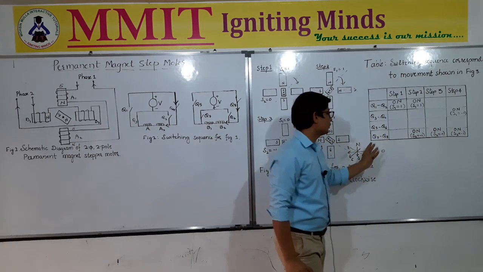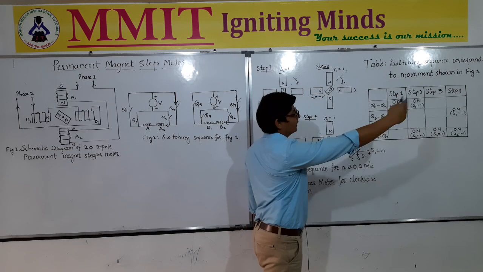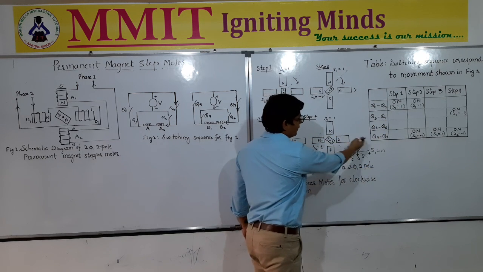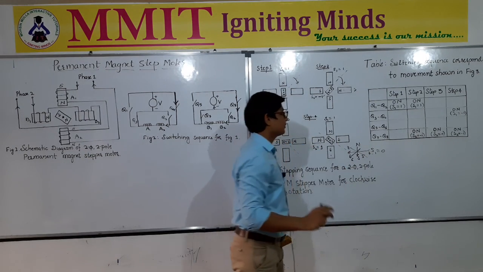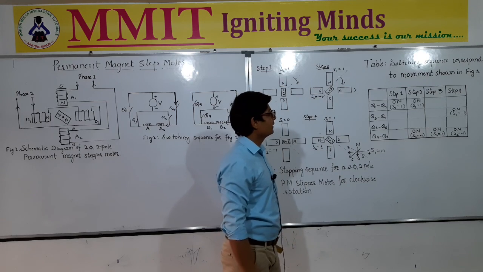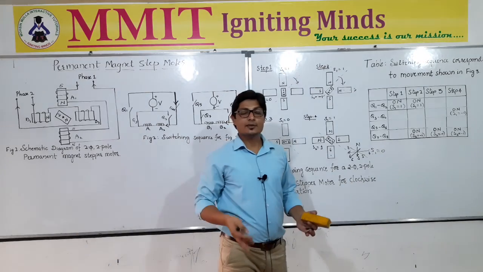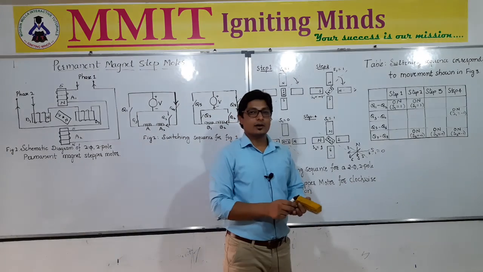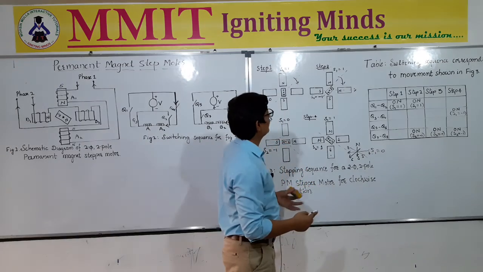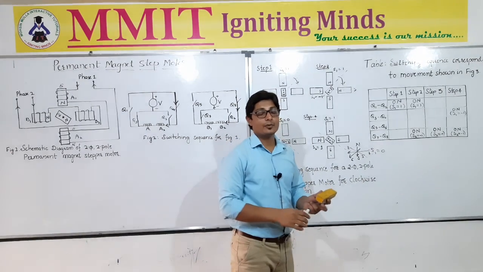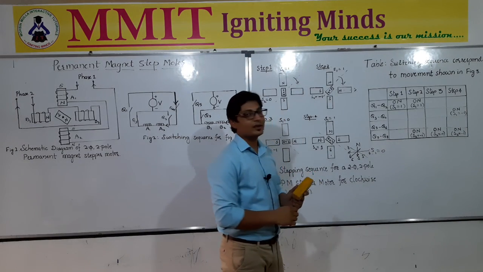And later on you can go on drawing this in the second set. Okay, 5, 6, 7, 8, like that you can draw, and in that case you will get all these different positions of the rotor of the stepper motor, and thereby you will understand how exactly that switching takes place. Now, depending upon how fast that switching is done, we get fast rotation of the stepper motor. Also this type of rotation is called a half step rotation. It is not the full step rotation, it is just called half step rotation.